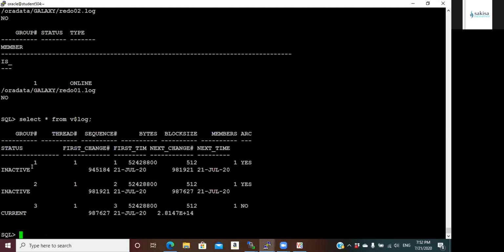Okay. My group 1 and 2 are inactive. So the question wants me to multiplex and resize 4 per groups. Multiplex the redo logs to 2 different directories. That's for data.